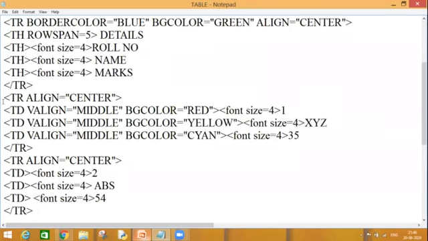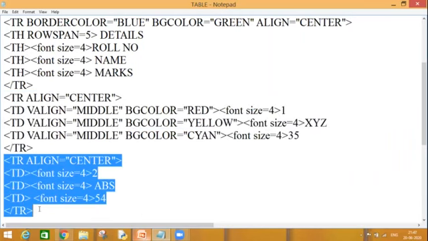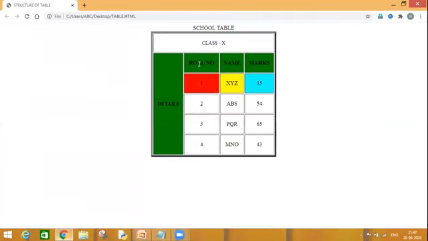But as you can see, the rest of my rows are the same. There is no change in the rest of my rows, because if you see over here, roll number, name, marks, only in the second row the change was done. In the third row, 1, XYZ, and 35. Next, 2, ABS, 54.